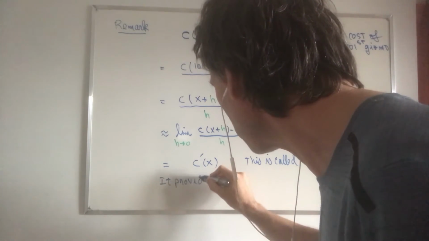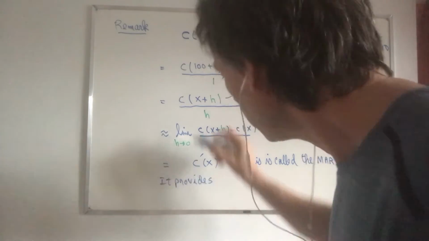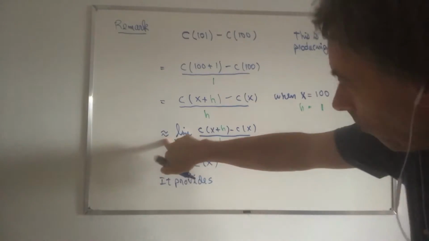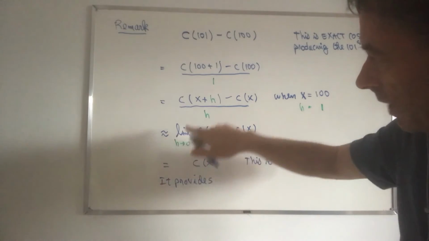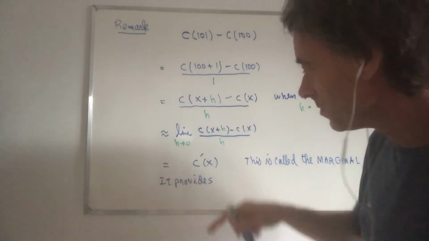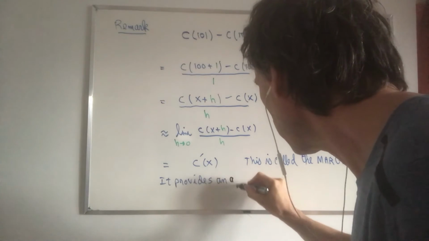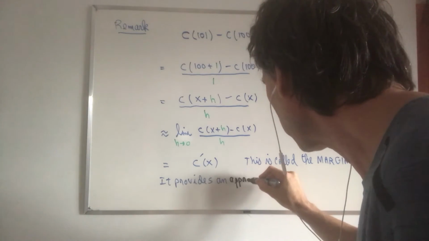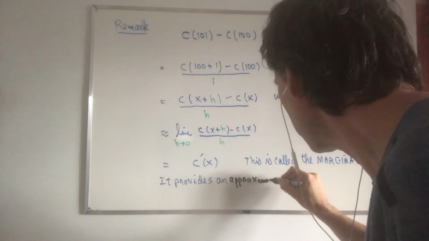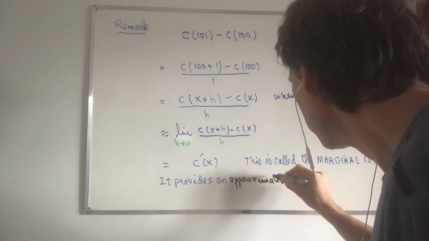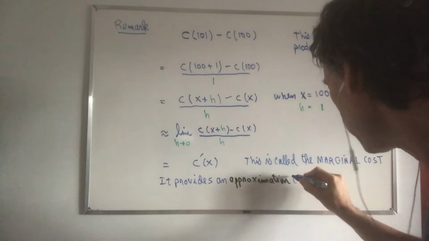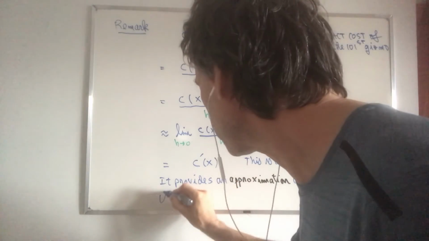Now remember this symbol here. It means approximately equal, not exactly equal, because this doesn't have a limit and this does. So it provides what is called an approximation to what? Well, the original quantity that we were trying to figure out, the exact cost